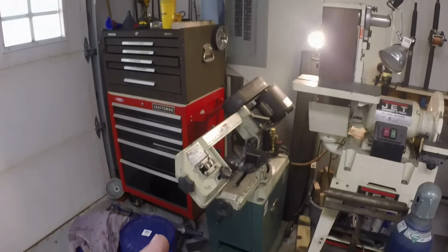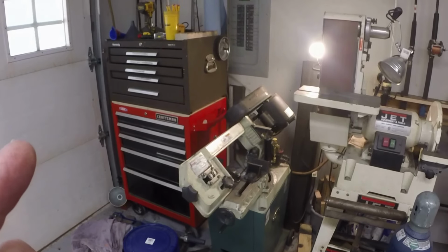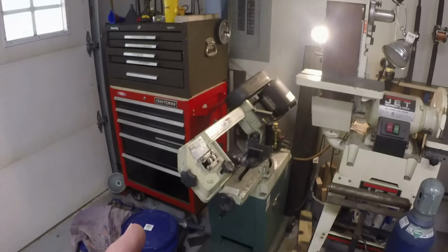It works okay. Now, the best thing about it is it miters. In other words, the cutting head, the saw, is on pivots, so you can cut angles without having to send the stock off at an angle. You can keep the stock lengthwise, which is what I have here. I can pull it out and set up a roller stand, and I can cut long pieces by just pivoting the saw at an angle, mitering them. So I like that feature, and that's one of the reasons I spent the extra money to buy this saw